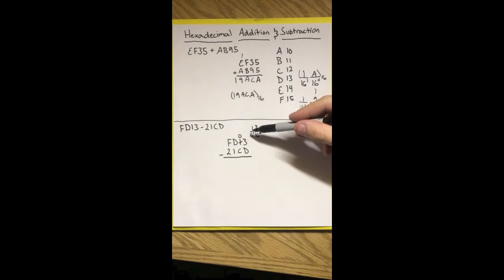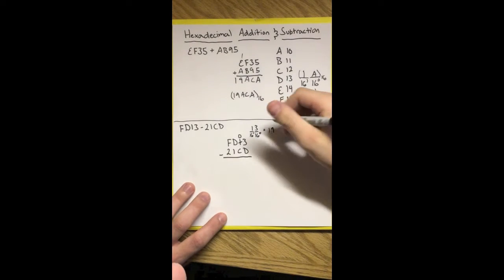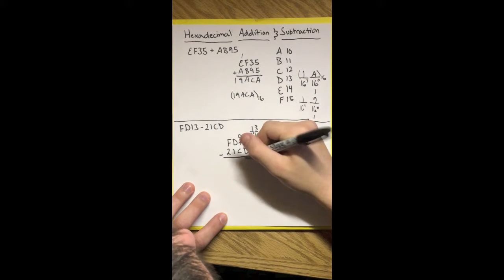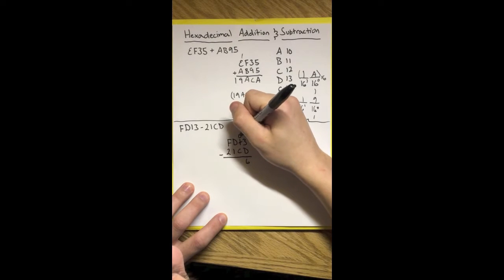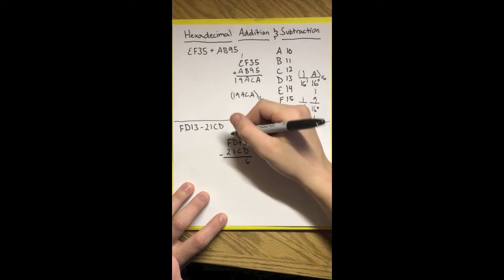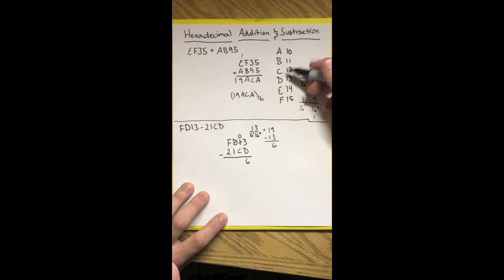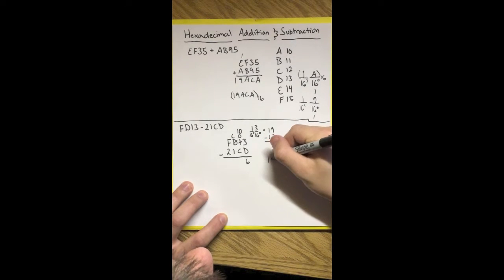So in hexadecimal, it becomes 1 and then whatever that number is. So it becomes 19 minus D, which is 13, which is 6, which can be represented simply by 6. Now, we need to borrow again because 0 minus C is a negative number and we can't have that. So D becomes a power down, or not a power down, but a representation number down. So D becomes C, and this becomes 1, 0 in hexadecimal,